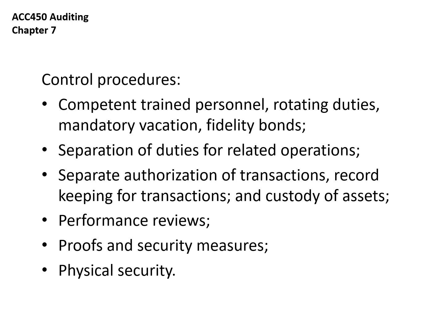Proofs and security measures, so that would be an example of requiring somebody to approve something. We had a variety of proofs that existed within Microsoft Dynamics and Accounting 405. So making sure that you can't enter an order for somebody that has a credit hold on their account, all those kinds of things. And then physical security, that would deal with both locking up inventory and restricting access to it. We'll talk next chapter about restricting access to computer systems and also having sign-ons, passwords, sign-offs, automatic sign-offs, that sort of thing.